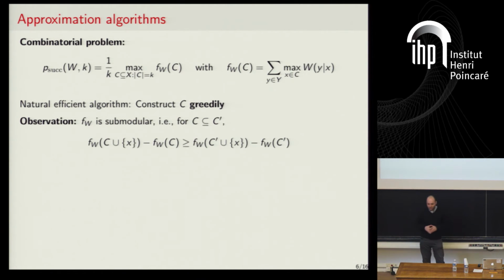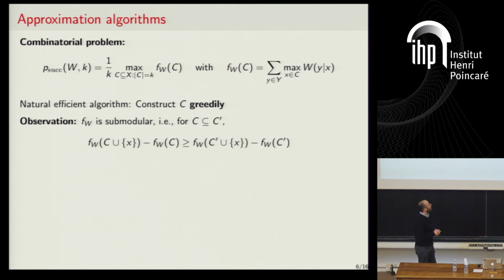And of course, now the question is, how good is this? You can show that this will not always give you an optimal code, but can we prove a guarantee on how well this code performs? Okay, and here there is a simple observation that we're not solving an arbitrary problem, we're solving a specific problem, and this specific problem has the following structure,